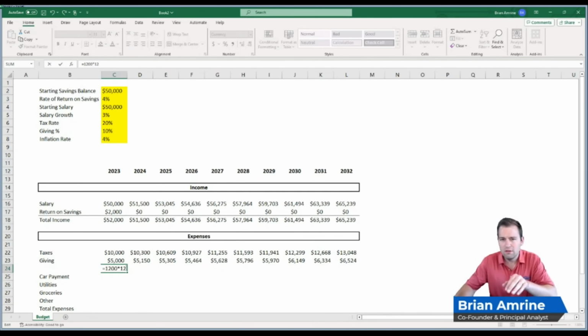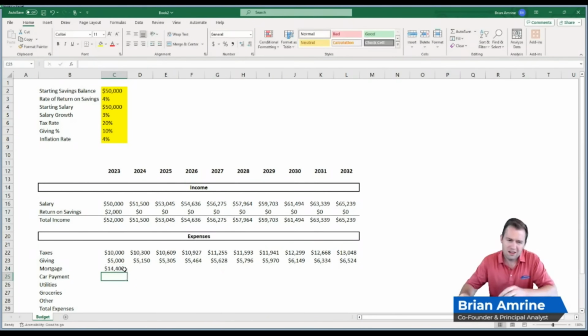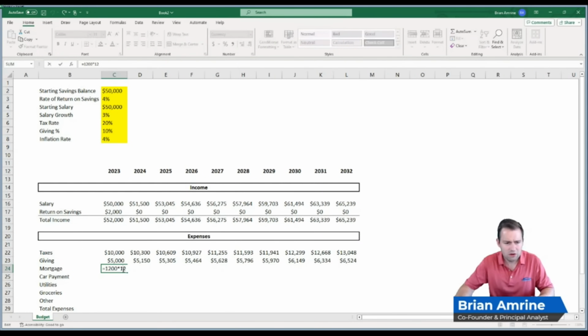That'll be way more intuitive than just taking the result of that and just hard coding in whatever that equals. You know, putting equals 14,400 in here. Folks might think, well, how'd you get that? Hopefully it's clear that that's the mortgage for 2023, but I think even more intuitive would be to have the formula here that they can click into and say, oh yeah, 1,200 mortgage a month times 12 months makes sense. Now, what we'll